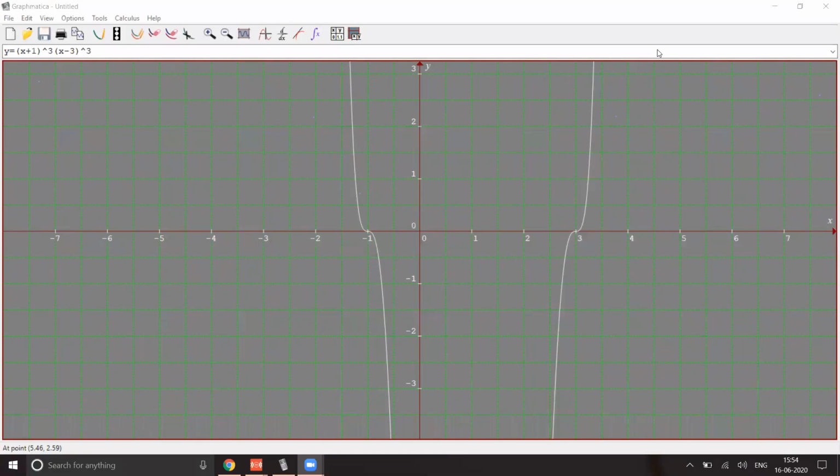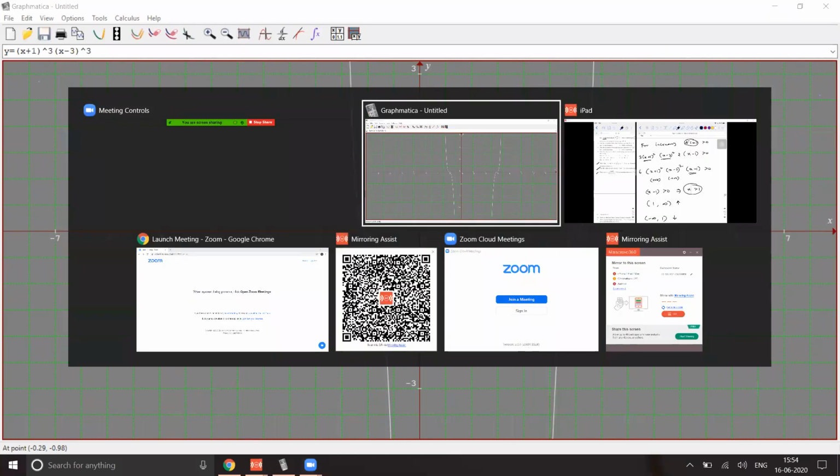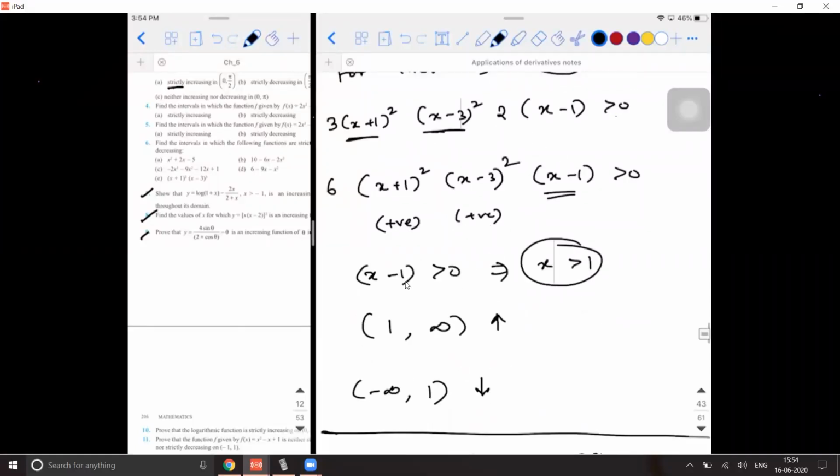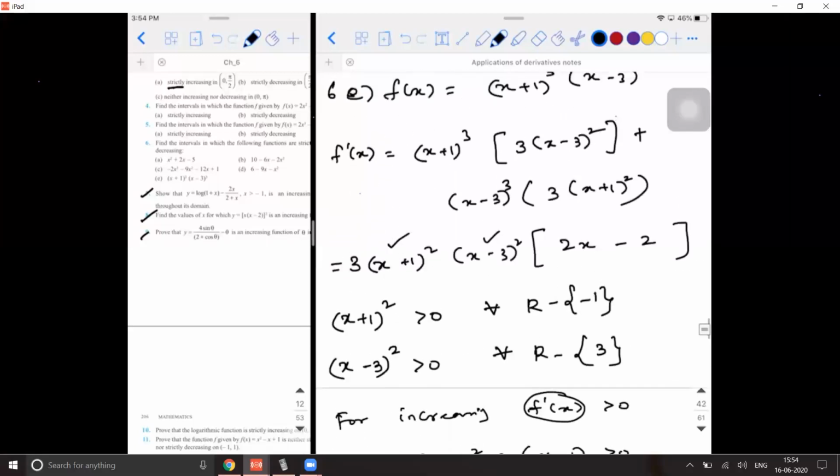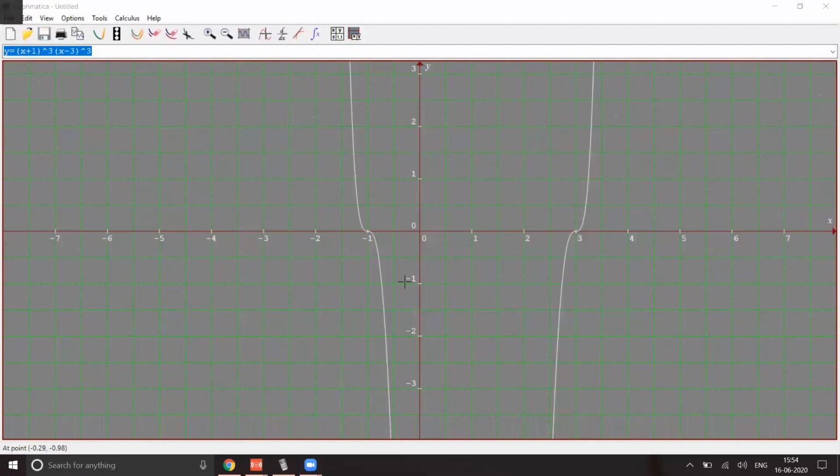Okay. Can we proceed? I hope it is clear. Is there anyone having a doubt? See, the question, I'm able to understand where you're coming from. You people might have a doubt. I told you that you can use any value of r except 3 and any value of r except minus 1. Those are all the checkpoints only for the f dash of x, but our concern is not about f dash of x. Our concern is about the function itself. So the domain of the function, when it is going to be real number, when it is having no point of discontinuity, you need not break it at all. That's what I'm trying to say.